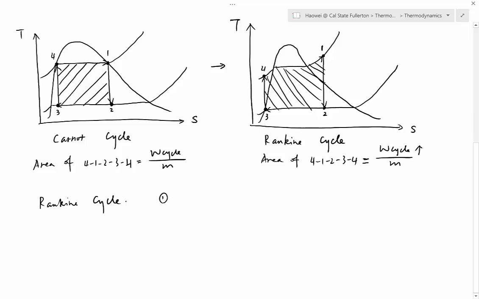First one, every step is always reversible. Still, just like the Carnot cycle, every single step is reversible. So entropy production sigma is equal to 0. And number 2,